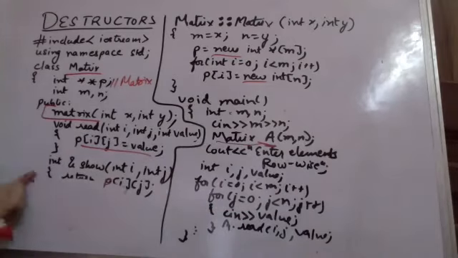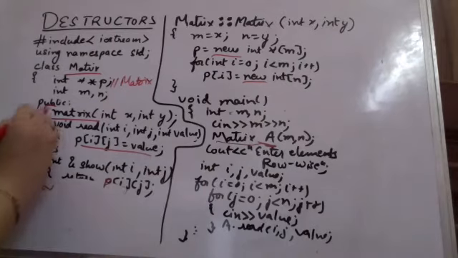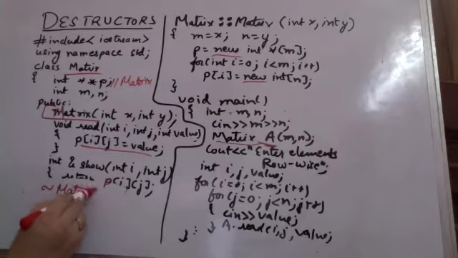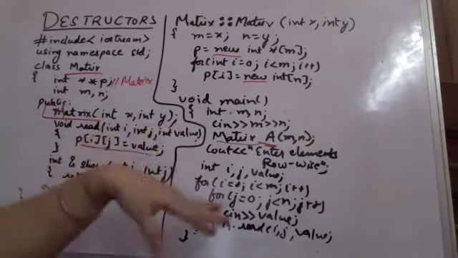Here, before ending my class, I am mentioning a tilde sign. This is known as a tilde sign, and it has the same name as my class. No arguments are allowed, and since I want to be able to use a loop in it, I am just declaring that I will be defining it outside the class. So let me define it; I hope this is clear to all of you.